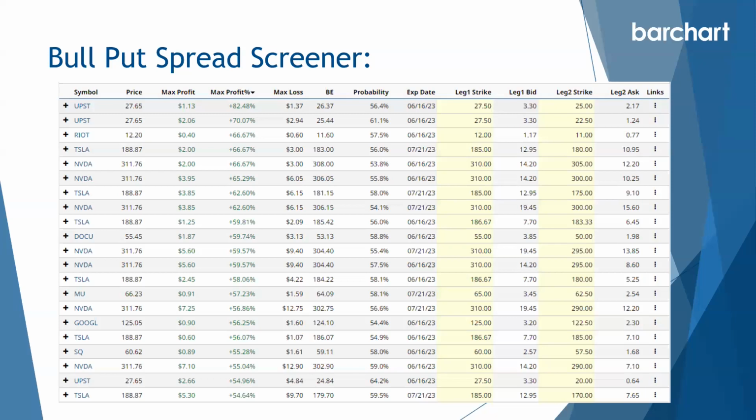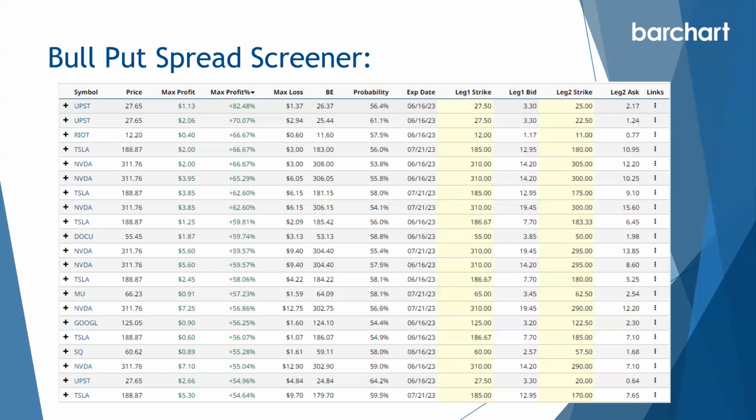That spread could be sold for about $1.13. So anyone selling that spread would receive $113 in premium and that's theirs to keep. And then it's just a question of managing the trade from there. The maximum loss, you can see there $1.37. So that's the difference between the strike prices, which is $2.50, less the premium of $1.13, gives us our $1.37 maximum loss, or $137 in total. So that's got about an 82% profit potential and a probability of about